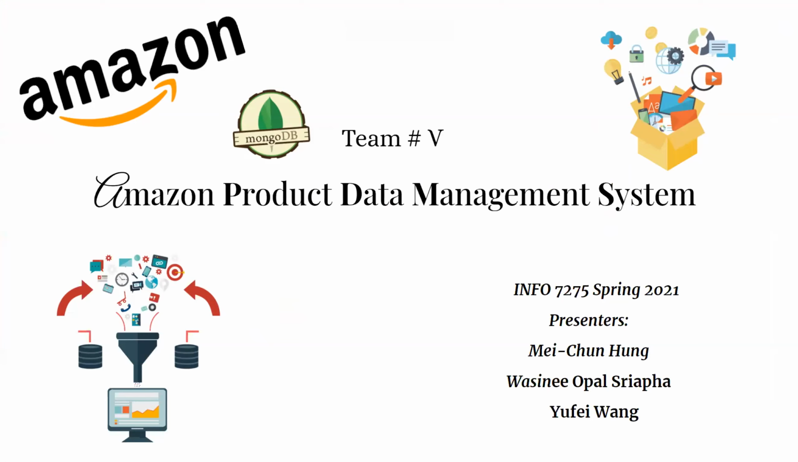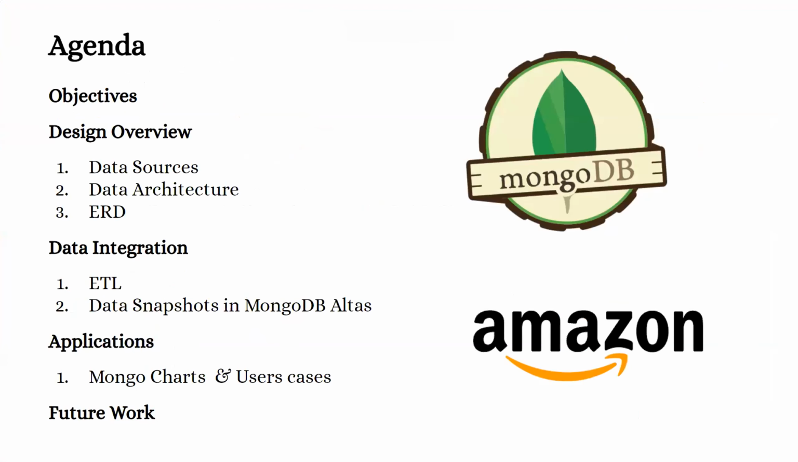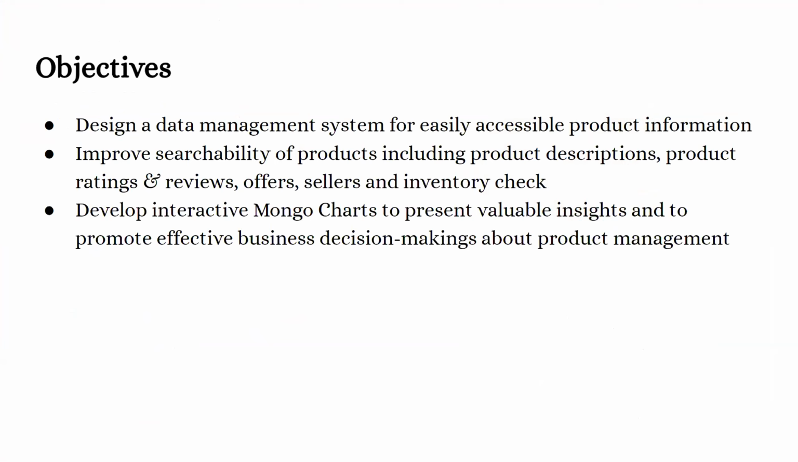Today, we're going to present the Amazon Product Data Management System project using MongoDB Atlas as the target platform. The agenda for today's presentation includes the objectives, design overview, data integration, applications, and future work. There are 3 key objectives for this project. We aim to design a data management system for easily accessible product information,